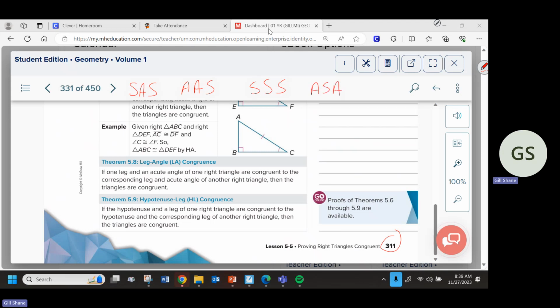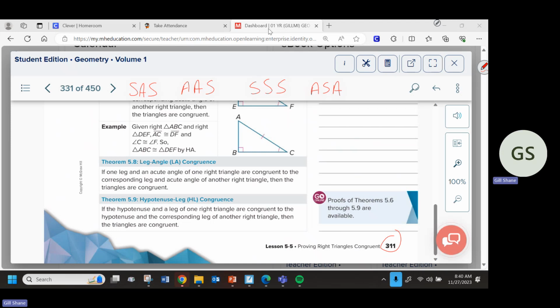So those up until today were the only 4 ways to prove any 2 triangles were congruent. They didn't have to be right triangles. If we could say that one of those 4 things was true based on marks or based on numbers, then we can say they are congruent triangles. You can't say, oh, well, if you line this up or if you do that, that doesn't prove it. That's the definition of congruence. It doesn't prove anything. You have to use one of those 4 things